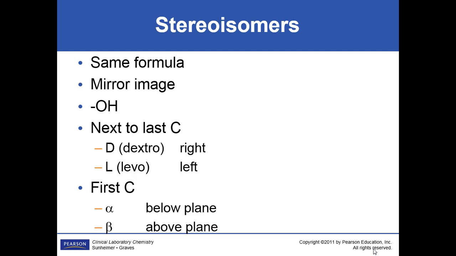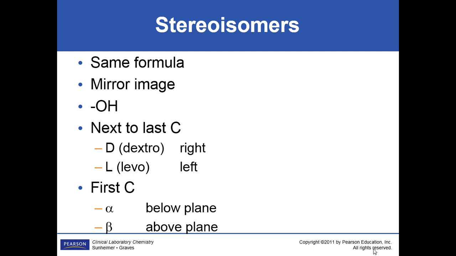A stereoisomer means you have the same formula, but basically if you held it up to a mirror, you've got a mirror image. So this protrusion, the OH compound, might be on this side, but then if you had the mirror image of it, it would be on the other side. I'm trying to get some models to bring in so you can see the 3-dimensionalness of this to help you understand.